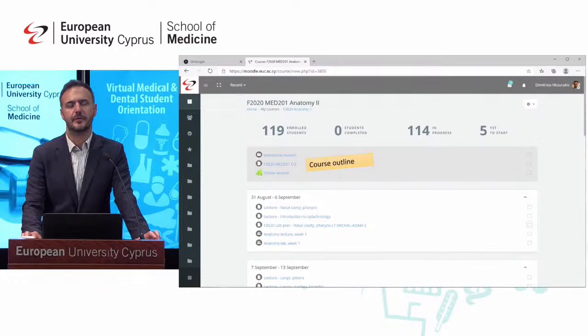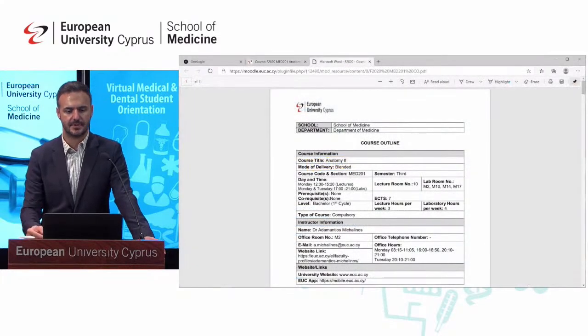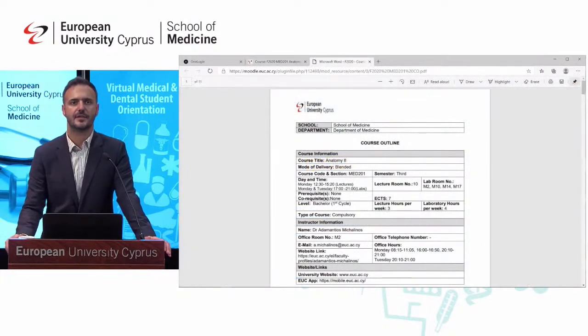Another important source of information is the course outline that you can see here. The course outline is a file that describes extensively what this course is about. So here is an example. You can see that you can find there the course name, who is the instructor or the instructors of this course,